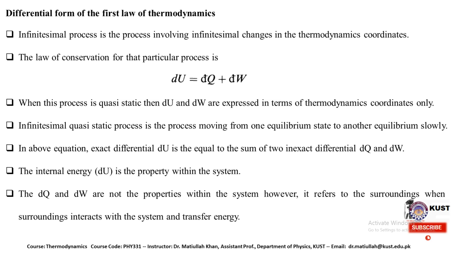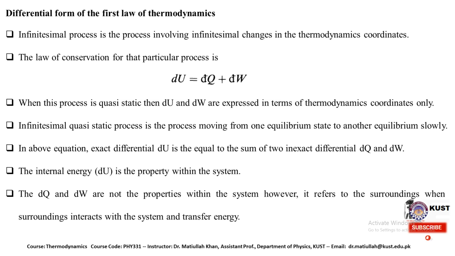It is actually the same as a quasi-static process, but the changes performed from one equilibrium state to another are very slow. Similarly, if we consider the above equation, the term dU is actually an exact differential,